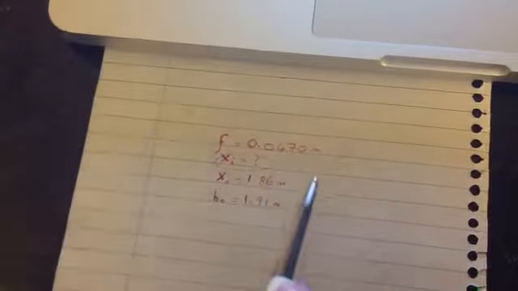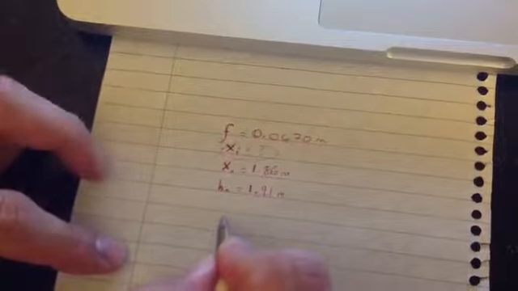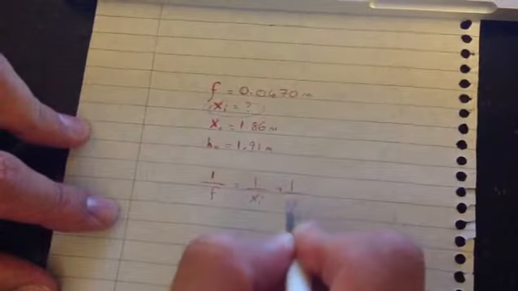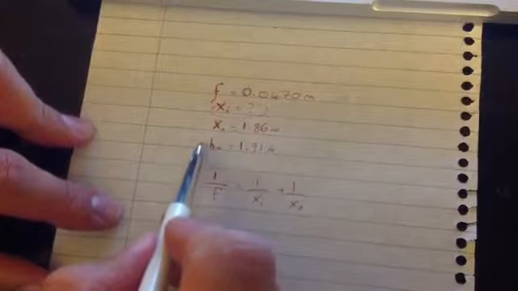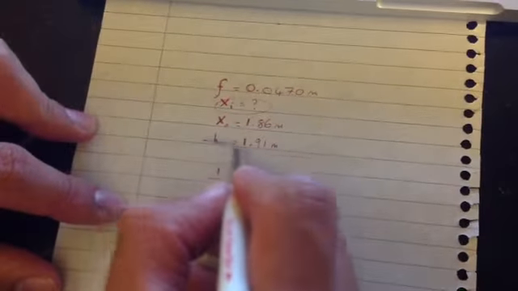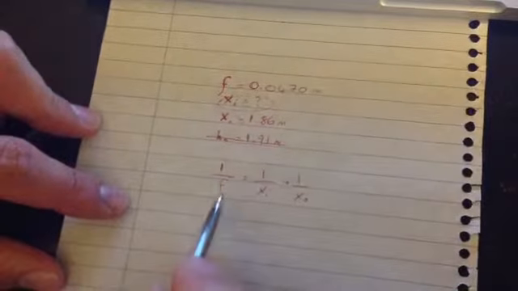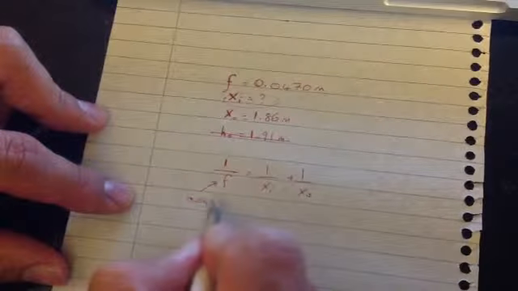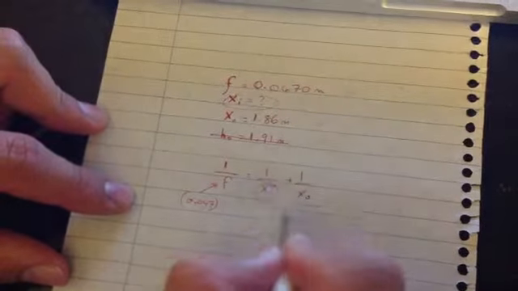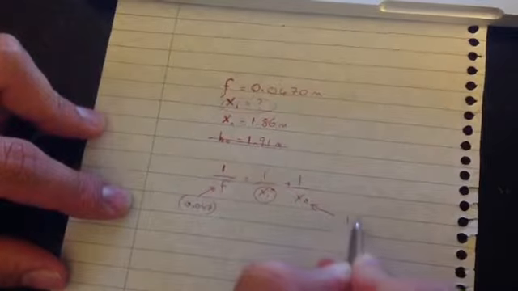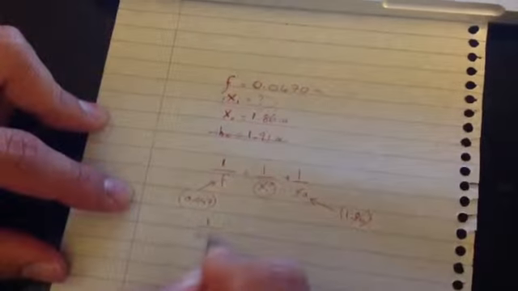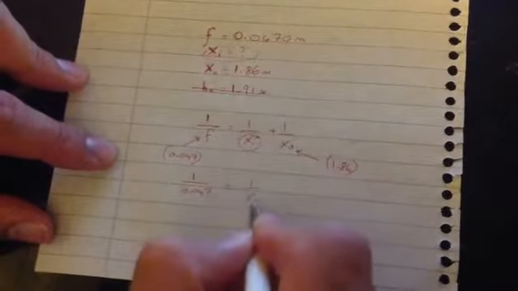Now I have all these letters and I'm trying to find xi. What equation would fit? We have this one. We're talking about the lens equation here. 1 over f is 1 over xi plus 1 over xo. Notice how they've given us an extra piece of information. You don't always have to use everything they give you. Okay? So we're going to put in the numbers and rearrange. f was 0.047. xi is what we're trying to find. xo is 1.86. Okay? If we put in the numbers and rearrange, 1 over 0.047 equals 1 over xi plus